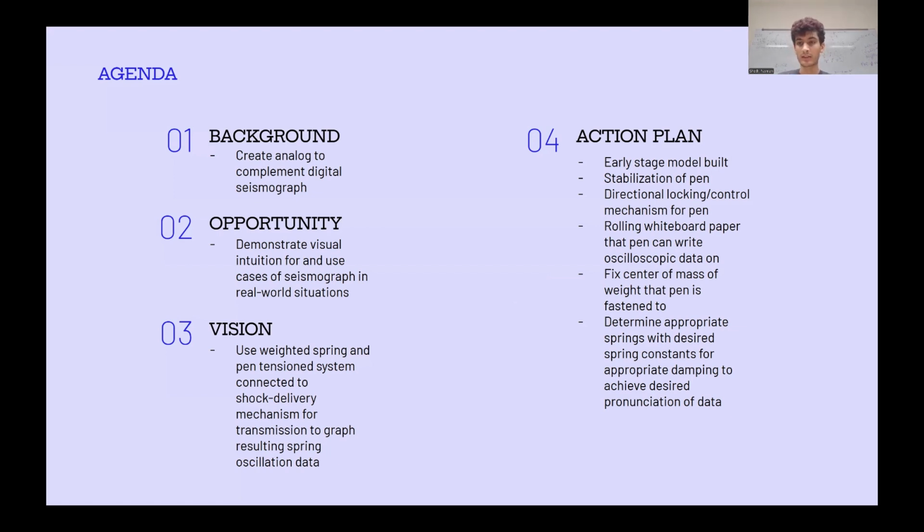The idea is to give some visual intuition to people who are using the demo as to how we are able to leverage harmonic oscillation to convert into pen and paper vibrations that we can actually see, and then possibly even go as far as explaining how we can decompose that signal into constituent frequencies so we can see what event actually triggered the seismograph to oscillate